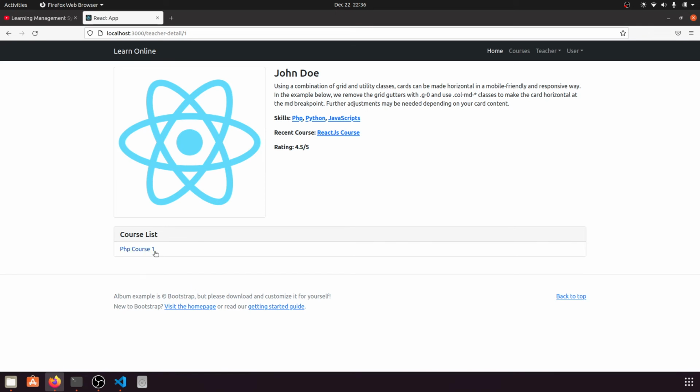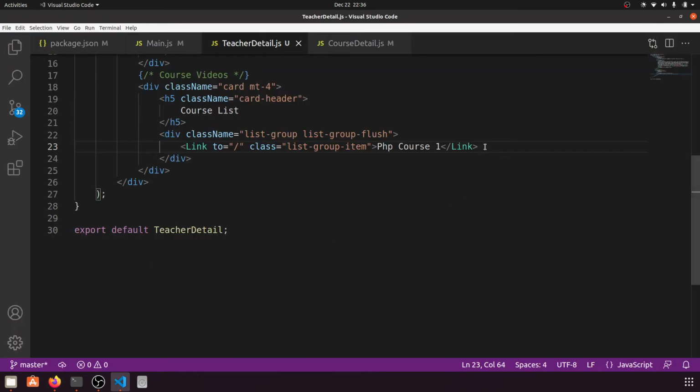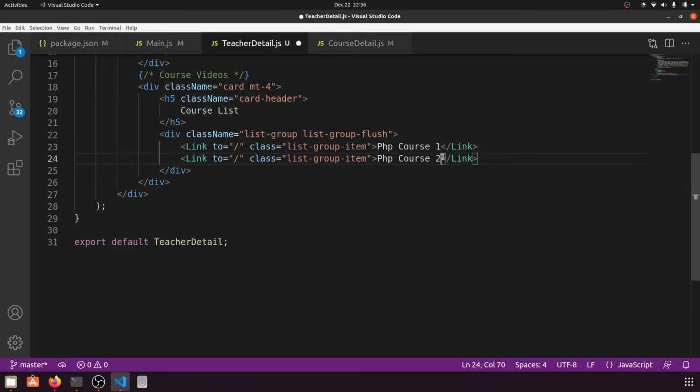Okay, so here we have PHP course 1, and after that we can also define PHP course 2. And one more class we need to add, that is list-group-item-action.